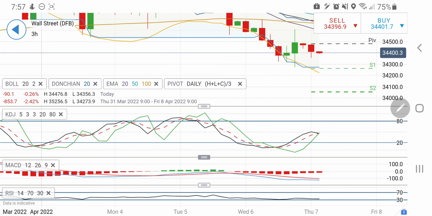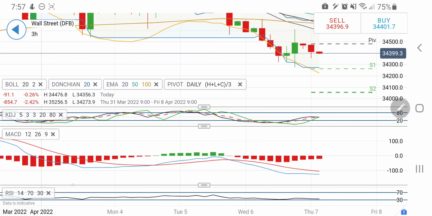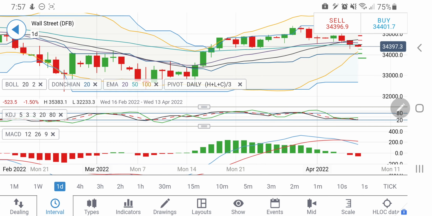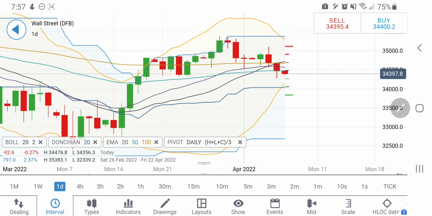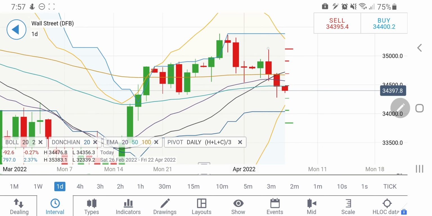3-hour stochastic trying to converge and trying to look downwards again and enter into oversold position. MACD is still on sell side there. Now let's have a look at the daily charts. On the daily charts, you can find that the daily candle is showing symptoms that, in general, whenever you see such formation here, previous to previous candle, strong body with a longer wick, and previous candle with a longer tail, a smaller body, similar size.